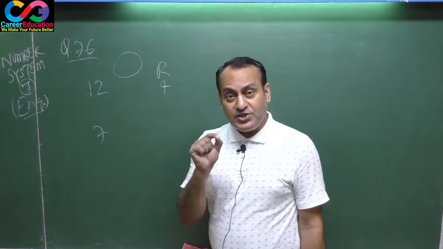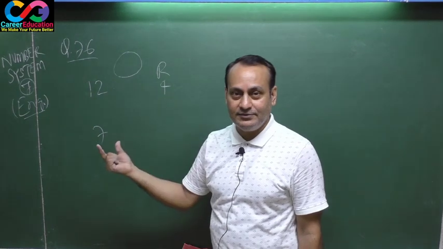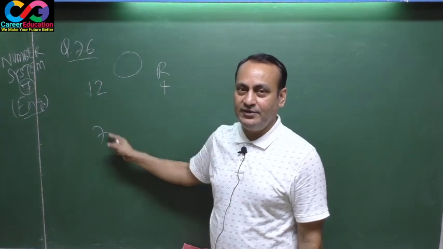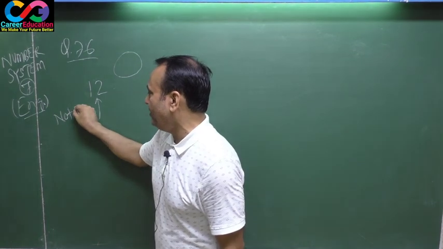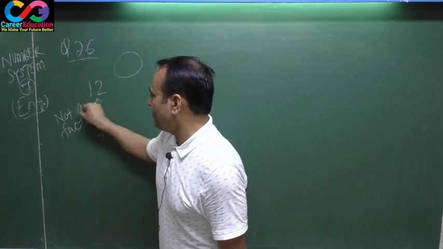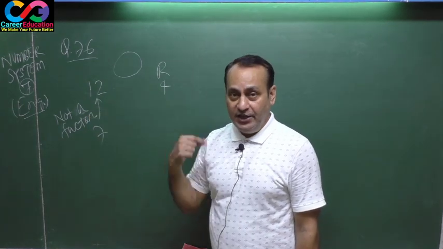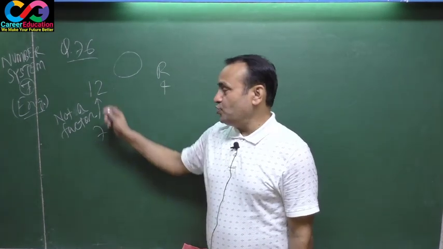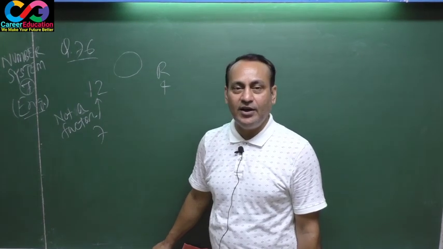See here. Firstly, you have to watch whether the second divisor is a factor of the first or not. Certainly here, the second divisor is not a factor of the first. That means 7 is not a factor of 12. 7 would have been a factor of 12 if 12 were divisible by 7. Since 12 is not divisible by 7, you can say 7 is not a factor of 12, okay?